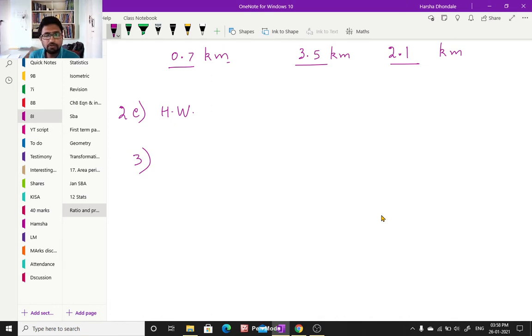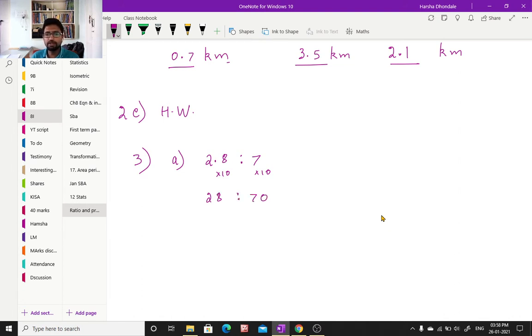So the first problem we have over here is 2.8 is to 7. I have to eliminate this decimal, so I have to multiply this with 10. When I multiply the left hand side with 10, the right hand side also I have to multiply with 10, then the ratio does not change. So this becomes 28 is to 70.